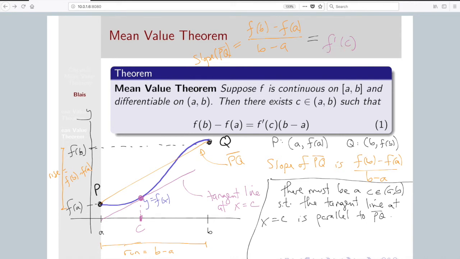This f prime of C is the instantaneous rate of change of f at C. So another way to say the mean value theorem is that there exists a C in AB such that the average rate of change